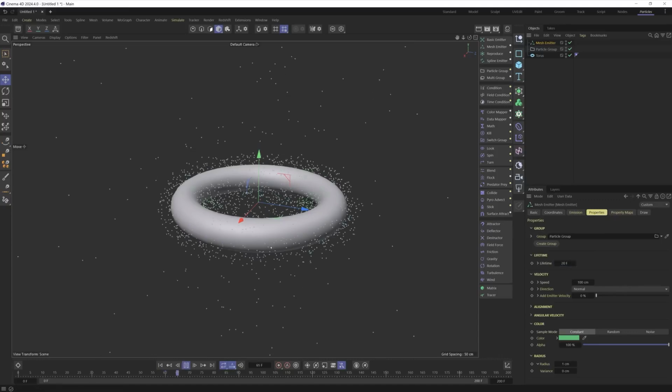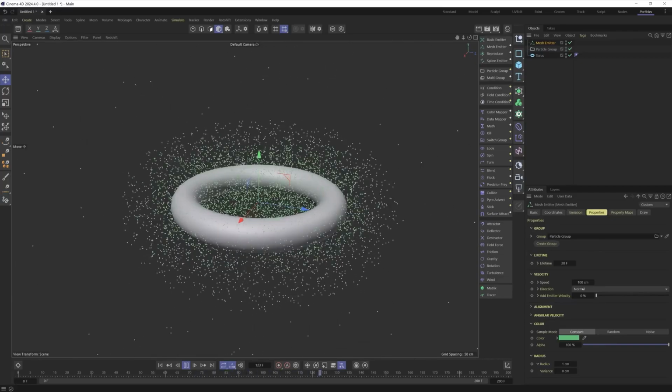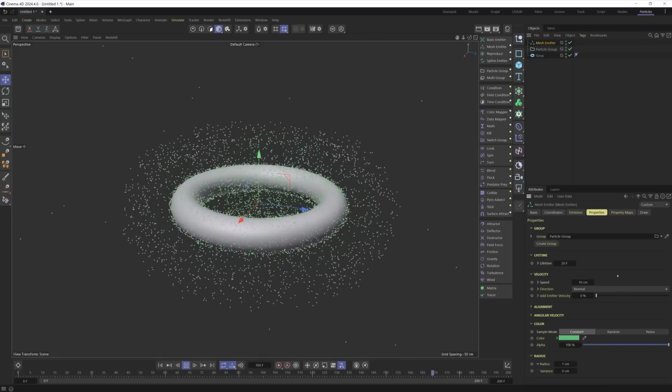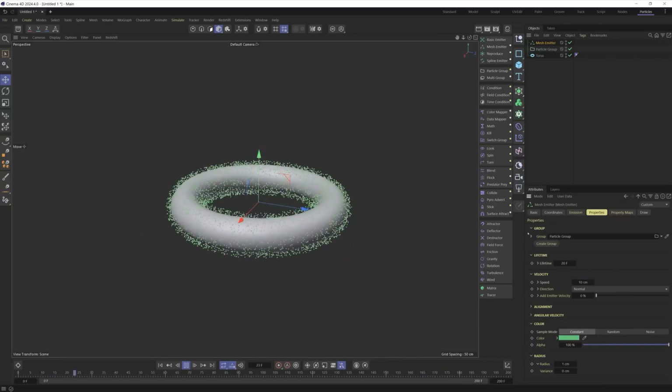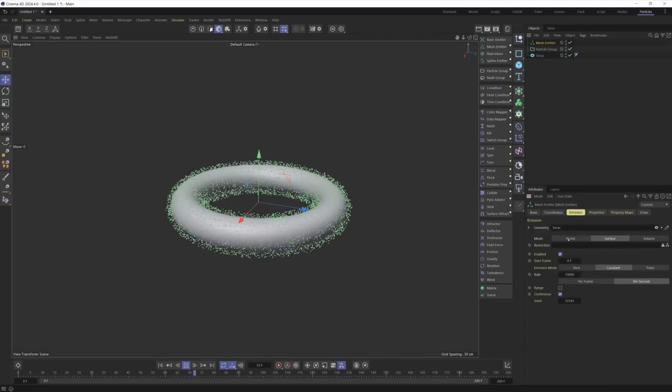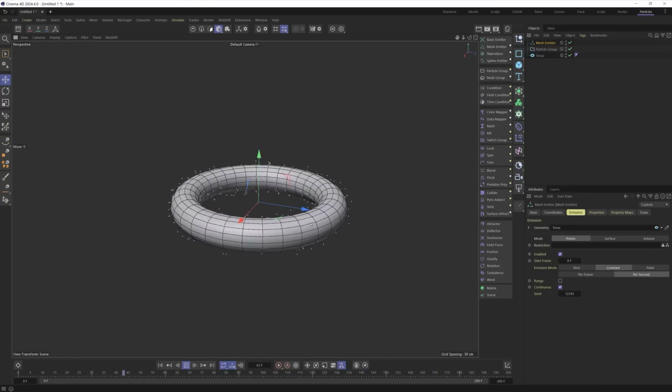And now if I hit play, you can see that we got a bunch of particles flying out, but they only live for a little while. Let's slow them down as well. Let's say 10. So you can see these all drifting out from the surface. Now we can change this to be emitting only from the points of the object. And now you can see we get these little streams of particles coming from every single point from the torus